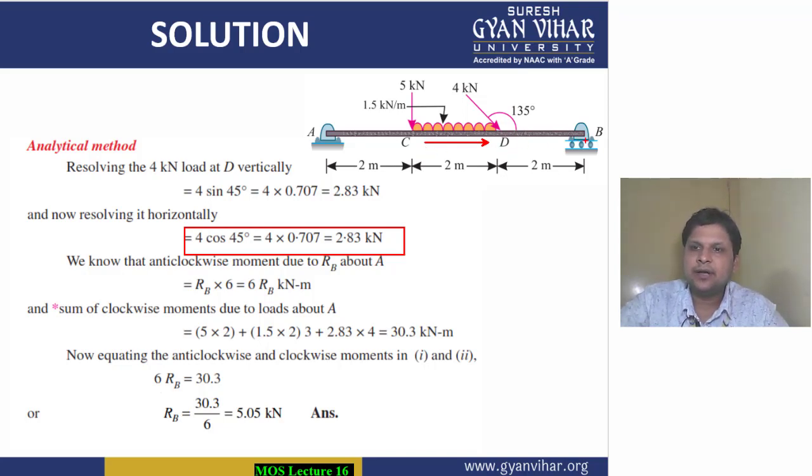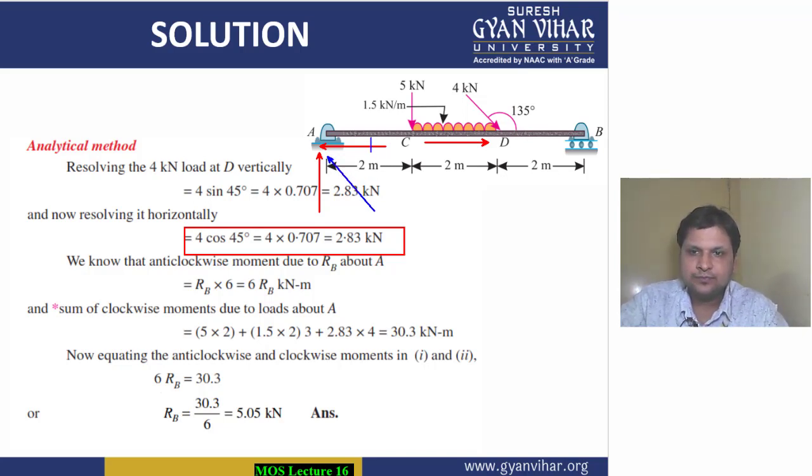All right, so due to this, the reaction in the horizontal direction at this hinge support, not in this support, sorry, it will be here. The reaction in the horizontal direction due to this support will be denoted in this way. So one force is this and the other force is this, which we have calculated. And now for getting the resultant reaction, we will have to find the resultant, and you all know how to calculate the resultant.